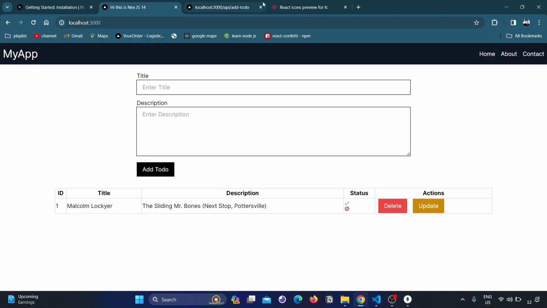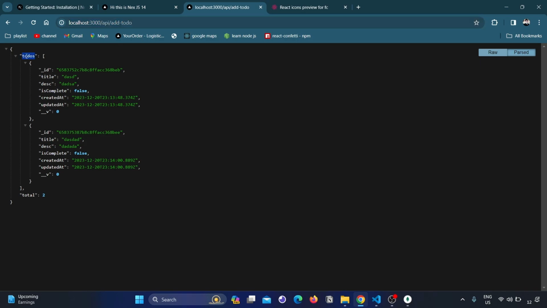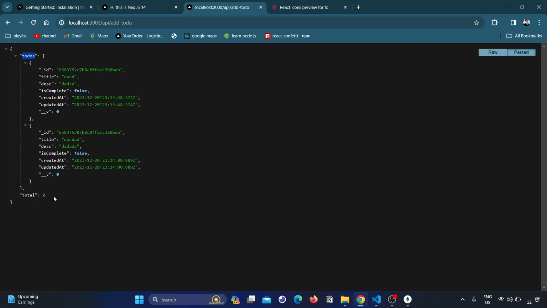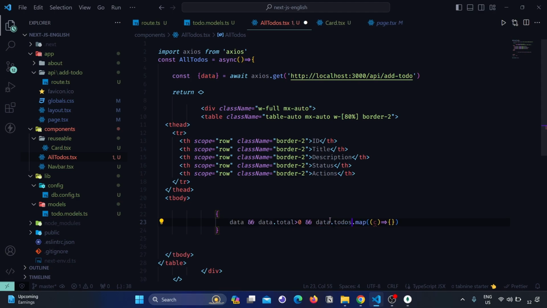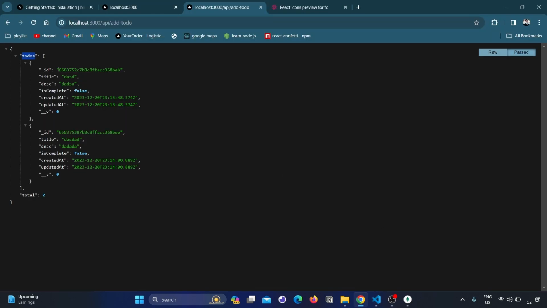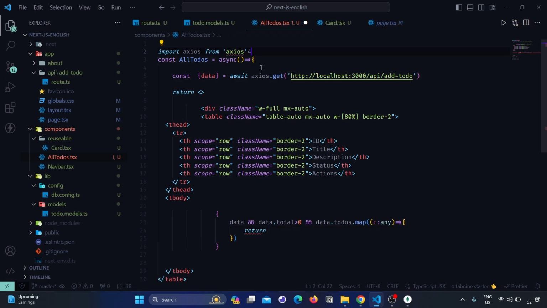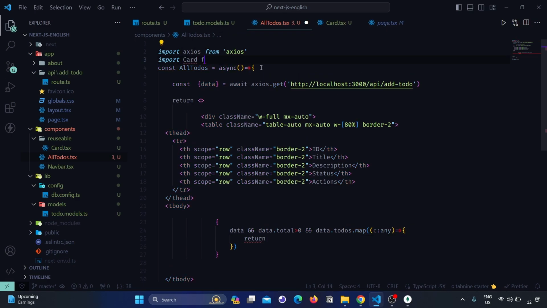I'm getting two types of data, like first is todos, second is total. So I just copy. I'm saying if data.total is bigger than 0, then it works. And this data.todos.map, c at this time it's any. To define types like ID, title, description, but I'm saying any. Okay, and I'm returning some card. Which card? That card. So I import it here, import Card from